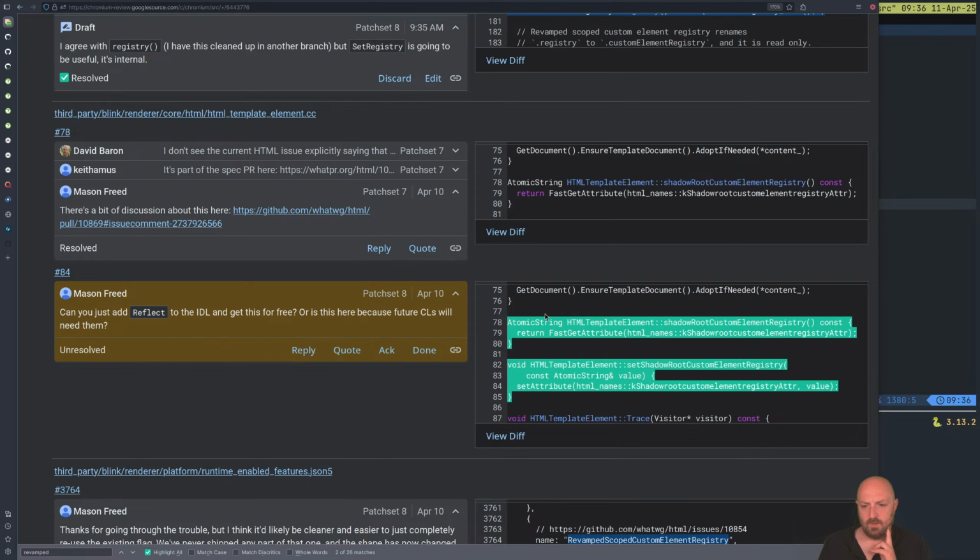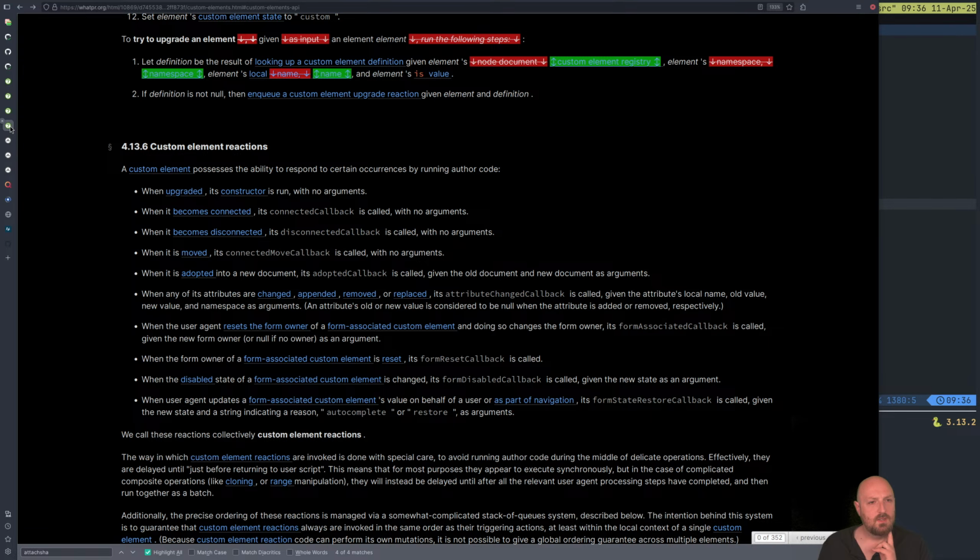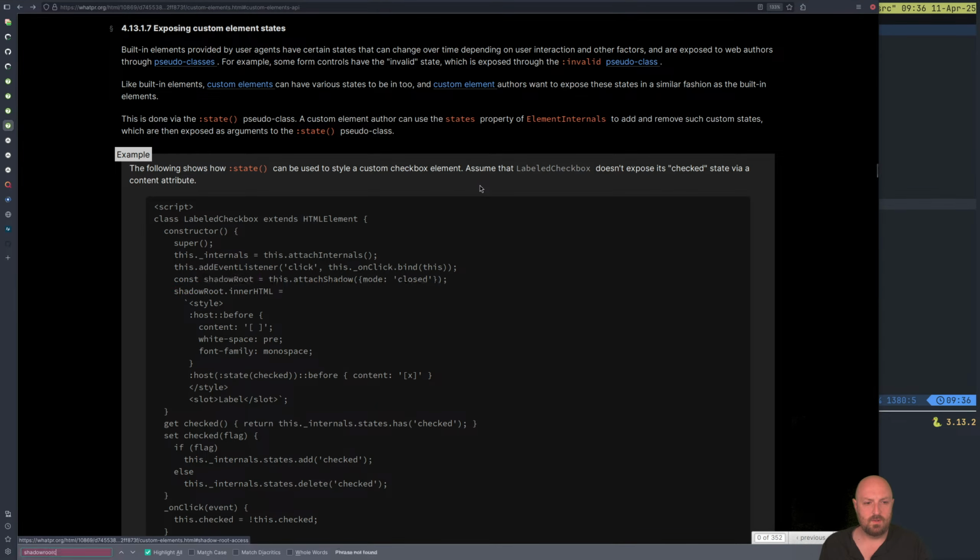It's a good point. I think we can just ditch these. Because if I recall, the reflection rules, which I think shadow root custom